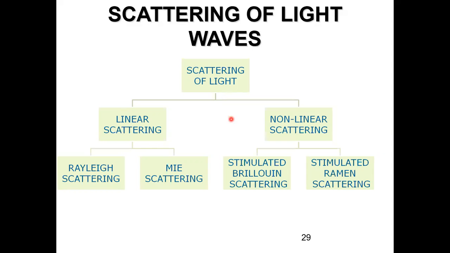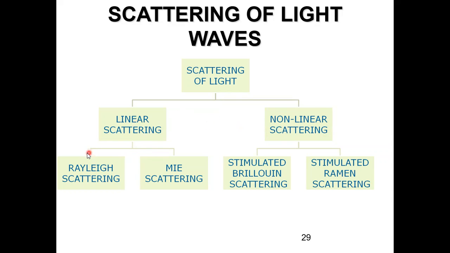Okay, so scattering loss is of two types, linear scattering and non-linear scattering. For the viva also this is an important question. Last time, whoever was the examiner, I'll not tell you the name, was asking what is linear and what is non-linear, and the students who had not read it or had not listened to me properly during the lecture could not answer. It is only one sentence that differs.